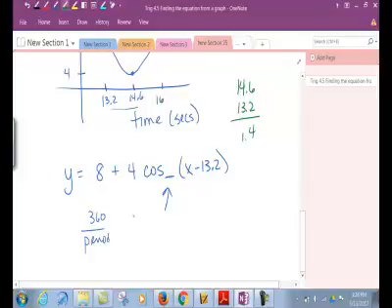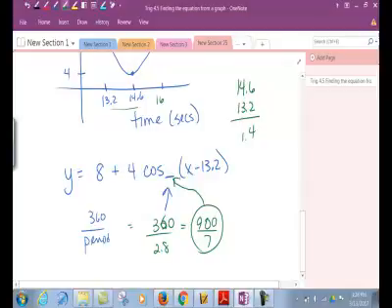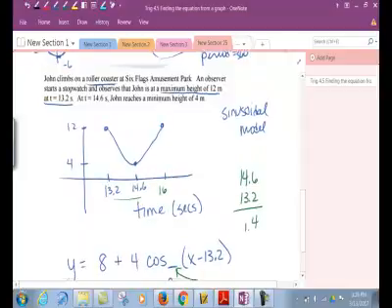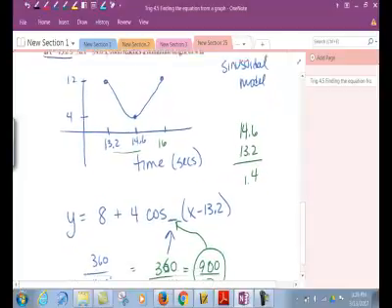Okay, and so the period in this function is 2.8, and 360 divided by 2.8 gives me a really messy number: 900 over 7. I don't like that at all. Whew. Okay, well, we're going to live with it. I promise in class we won't have such bad numbers. I really hope we don't. And I'm looking one more time to make sure I got the numbers in there right. Okay, I did. So there we go,